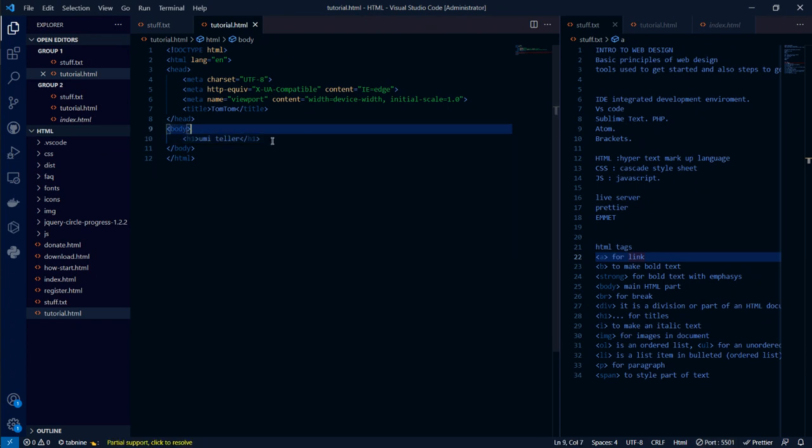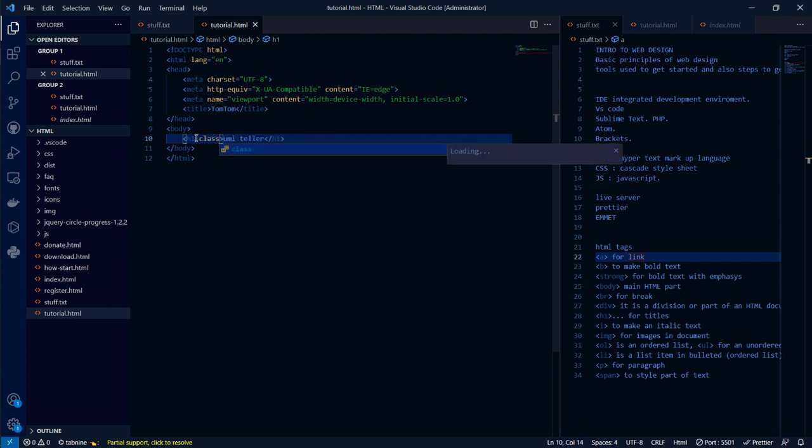So Umi Della, that's the H1 tag, and sometimes you might want to style your HTML document. All you gotta do to be able to style your HTML document is put your HTML element under something called class. So all you gotta do is class, you just name your class whatever you want to name it.